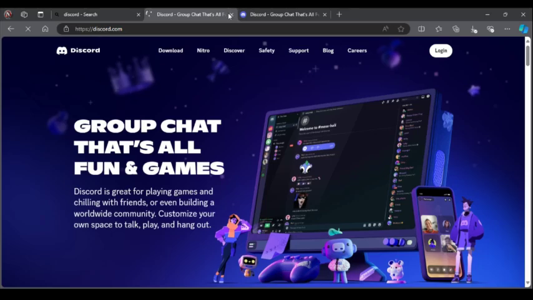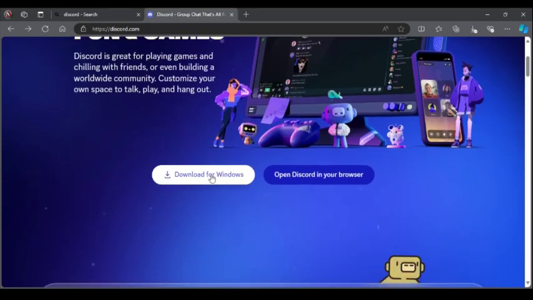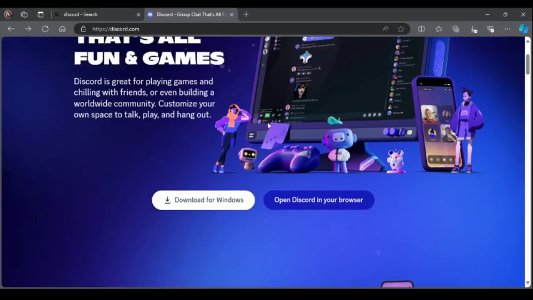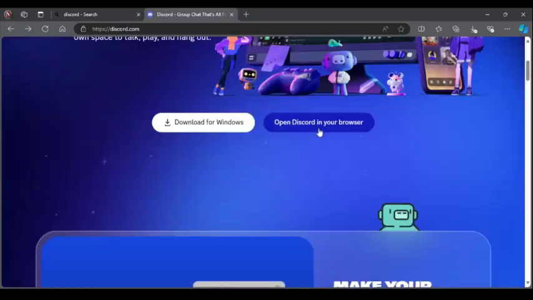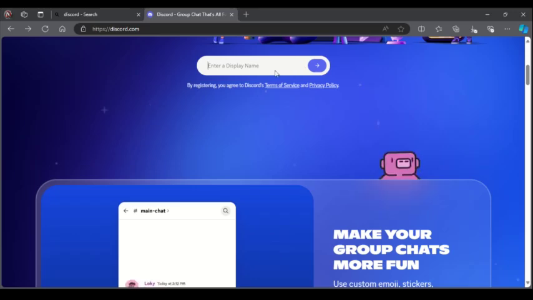On your home page screen, that's something like this. Then you can easily, for Windows, open Discord in the browser. So right now I'm just going to use this browser. So this one, open Discord. Then right here, enter your name. So to enter